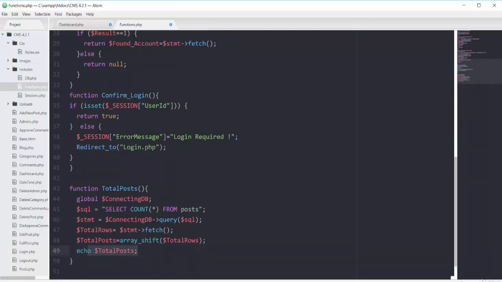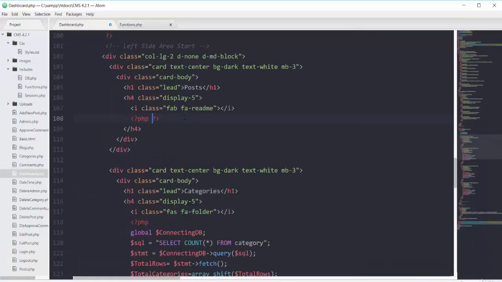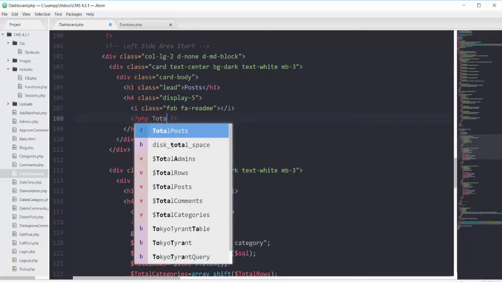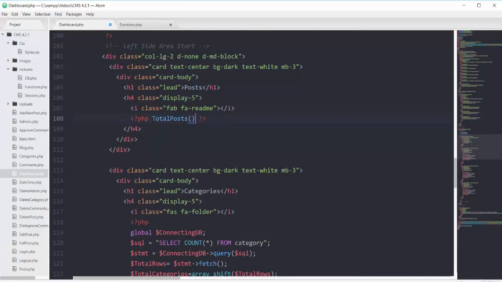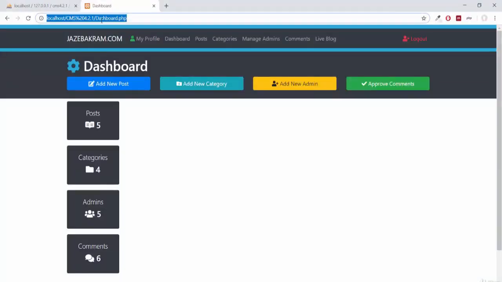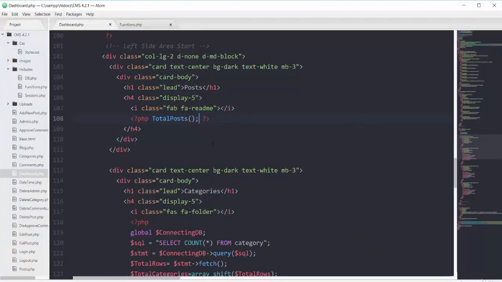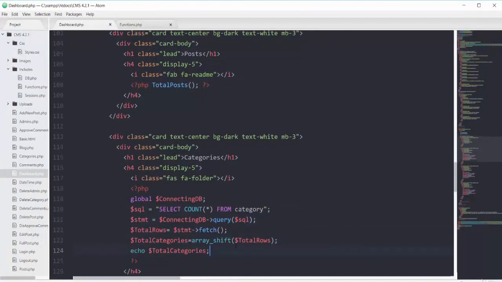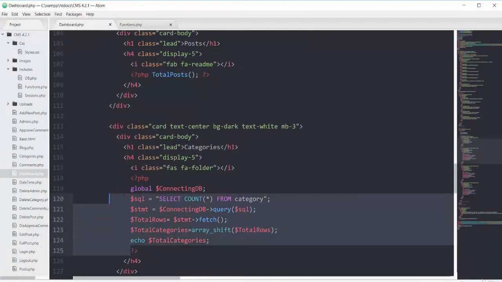So now I can simply call this total post function in my file of dashboard.php. So right here in the post section, I can call this function of total posts. So if I refresh my page, see, nothing changed.